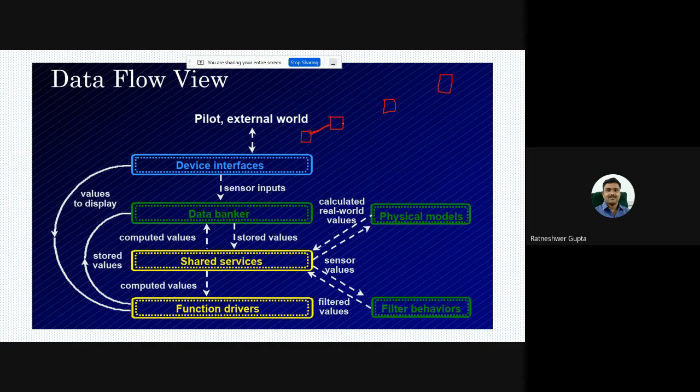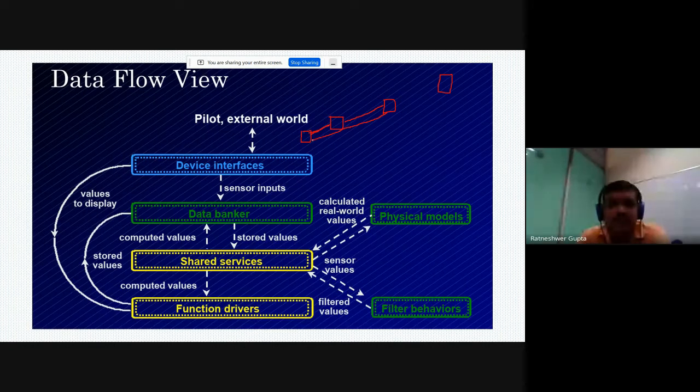Now this clerk will check the authentication of this particular person, then check the account balance, and for signature verification it will send the request to the manager. The manager will verify the signature. If everything is fine, the request will come back from the manager to the clerk and from the clerk to the customer, and money will be withdrawn. Now if there is any issue, the manager will send this request to a higher authority, and the higher authority resolves the problem. Again it will come back from the higher authority to the manager, to the clerk, and to the customer. So this is the data flow view,